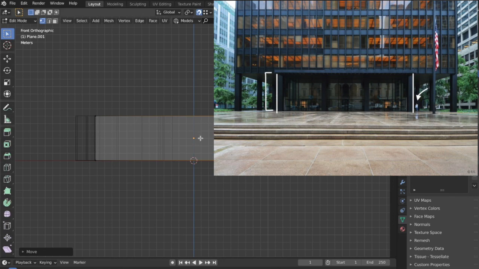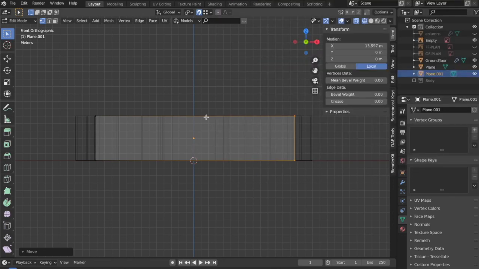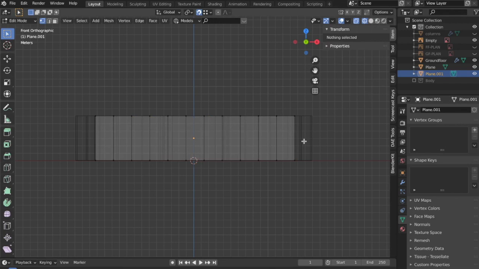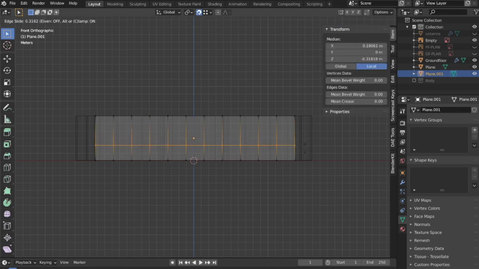Over here you can see in the image there are some vertical divisions. For our ease I'm going to take it as 10 or 11. So when I press Ctrl R over here, I can click 10 on the number pad and now we have 10 vertical divisions. Also over here you can see there is one horizontal division, so I'm going to make that as well.